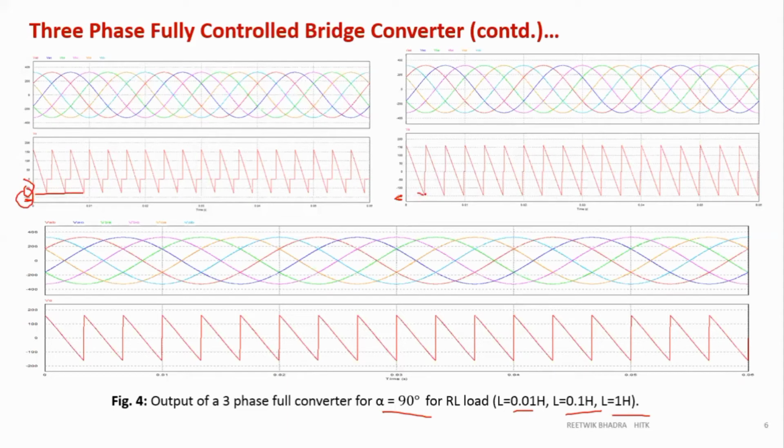And this value is in between 100 and 150. So the negative portion is increasing. Now you see over here, again the negative portion has completed the whole cycle. What does it mean actually? If you are going to increase the value of your inductance, it takes more time to discharge. Time constant increases. Tau equal to L by R.